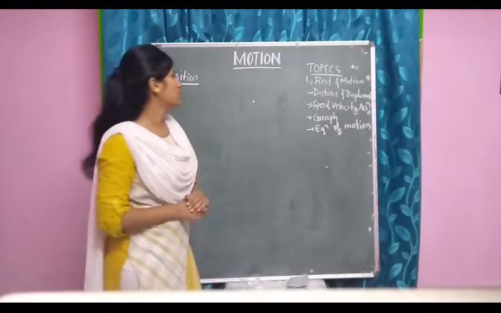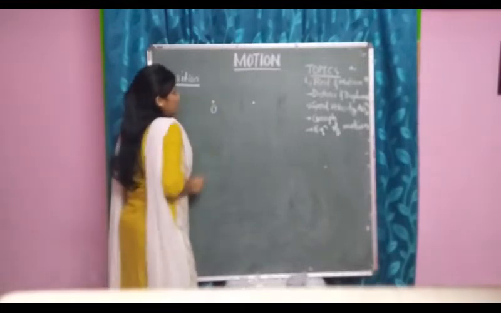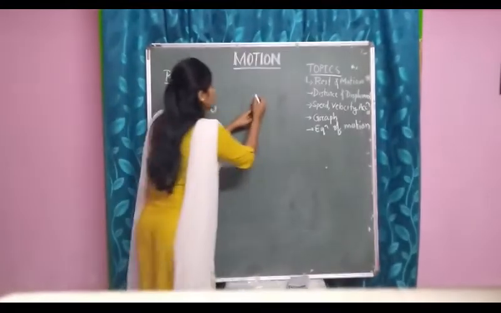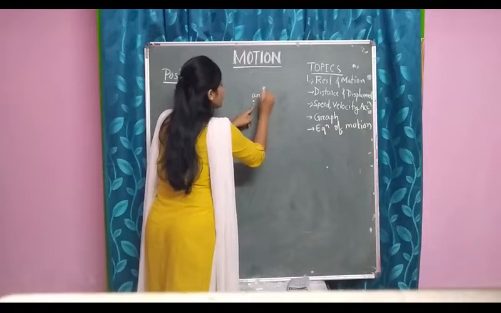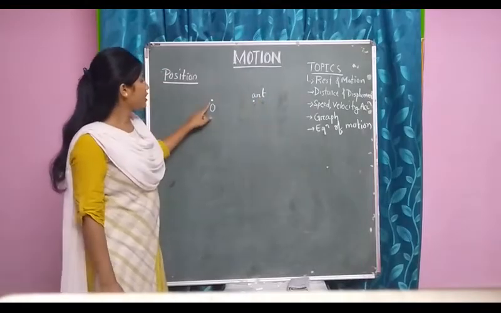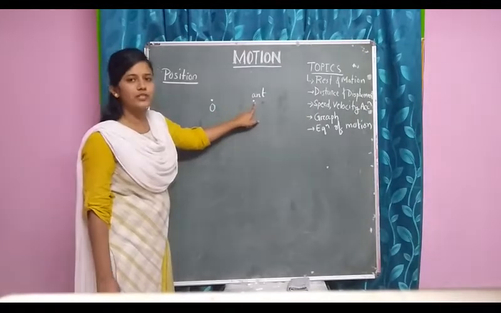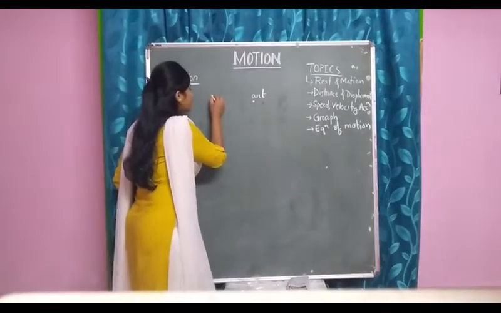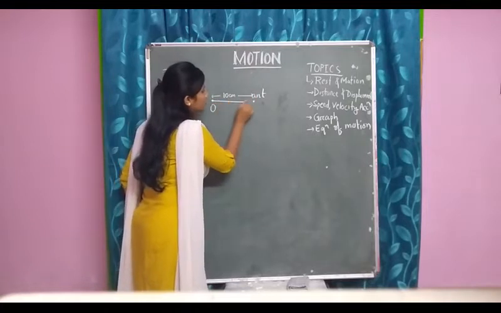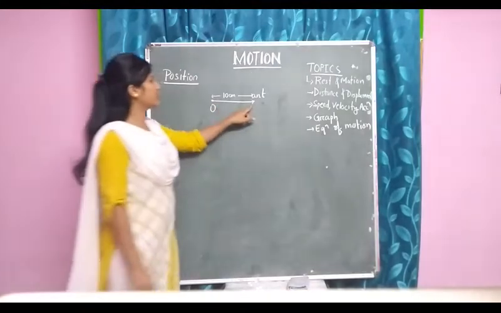First let us take a reference point, suppose here, and let us name it point O. If I want to define the position of this ant, how will I define it? I will say that from point O, which is my reference point, the ant is situated, suppose 10 centimeter towards this direction. In this way I will define the